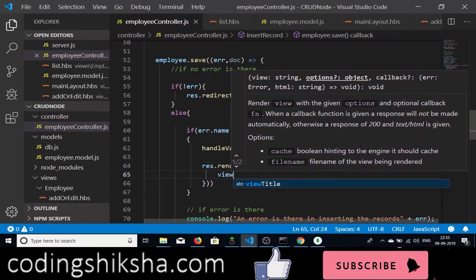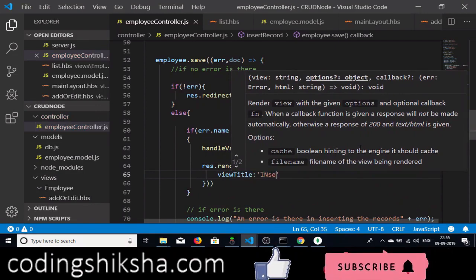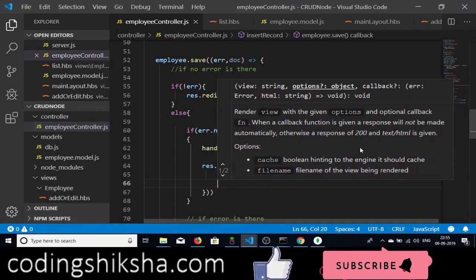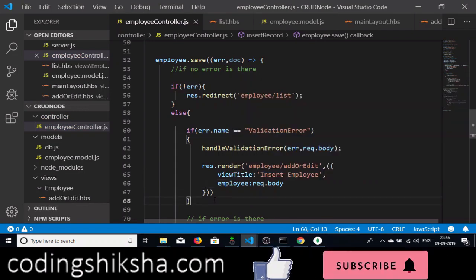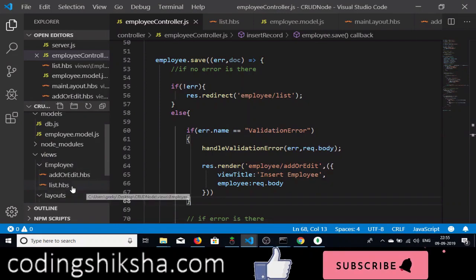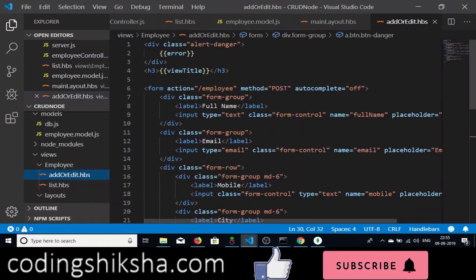First will be the view title. View title will be equal to insert employee again, and the second argument will be the actual employee object I will pass here, which will be equal to request.body. That's it. So now we need to go back to the addOrEdit.hbs file, that is handlebars,